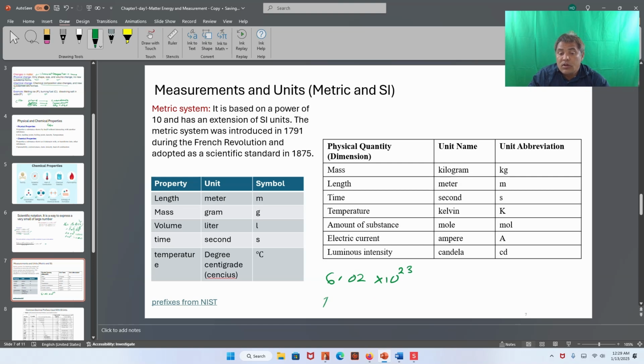So the total matter present in this Avogadro number, that is Avogadro number. Avogadro number. Okay, so total matter present in